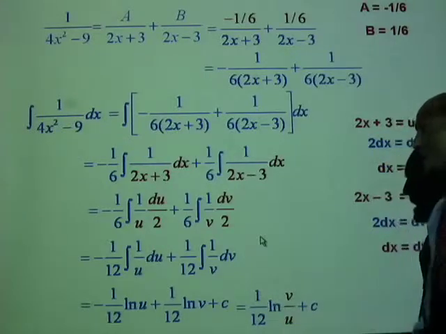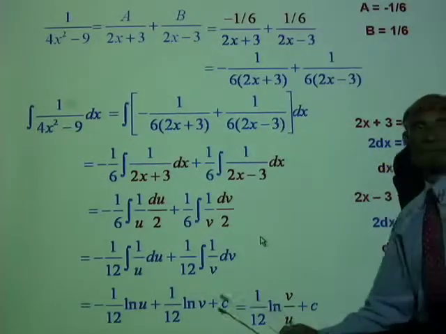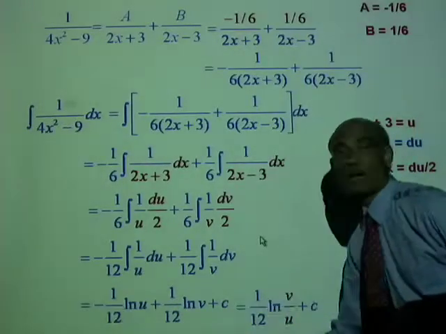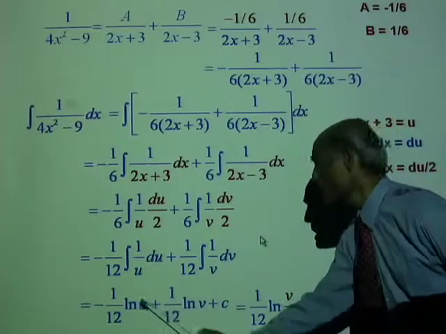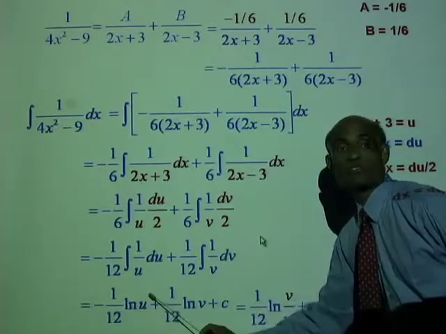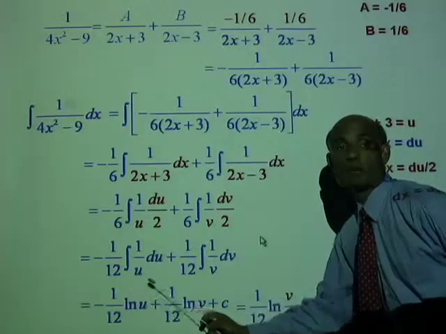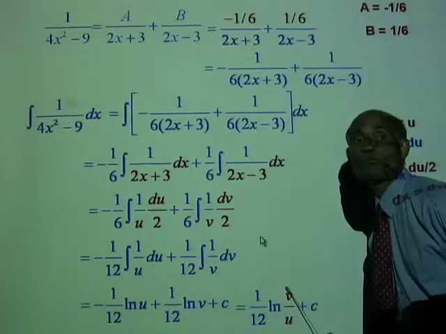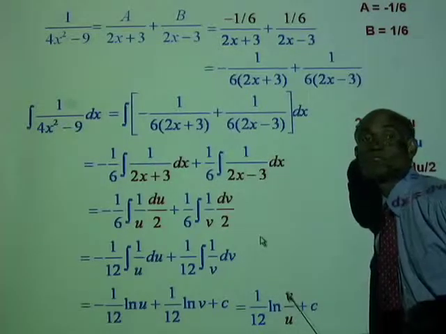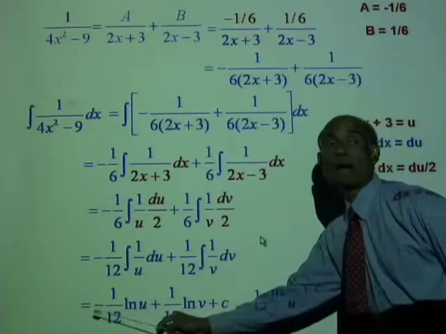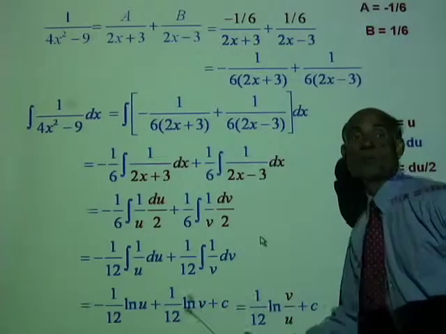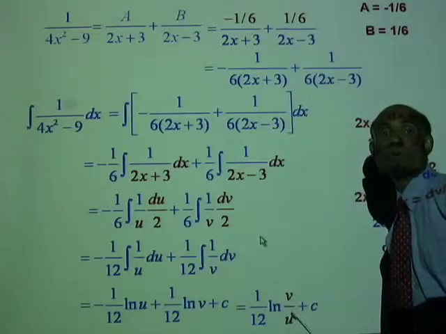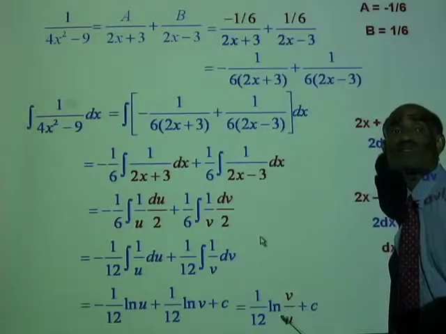Can you figure out how that came out? Well, you can take out a 1/12 outside, and the negative term will be negative ln u plus ln v. Remember, ln v minus ln u is ln of v over u. Ln of v over u is ln v minus ln u, and the 1/12 has come out. So it will be 1 over 12 ln v over u plus c, and all we need to do is